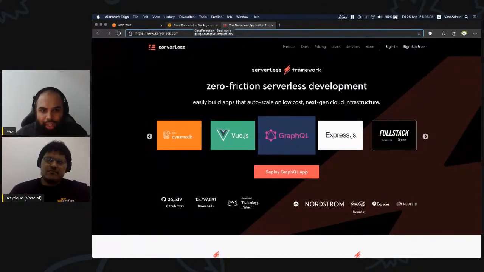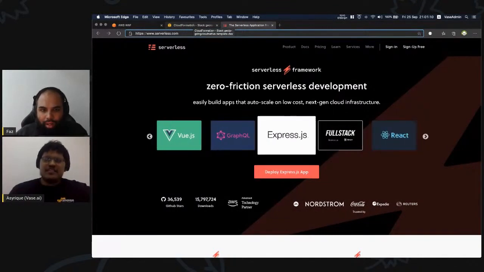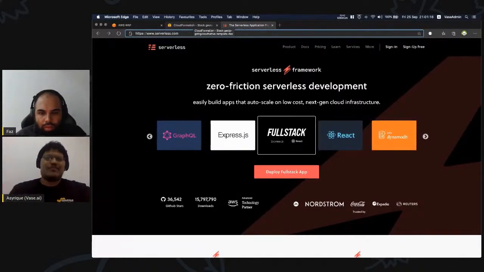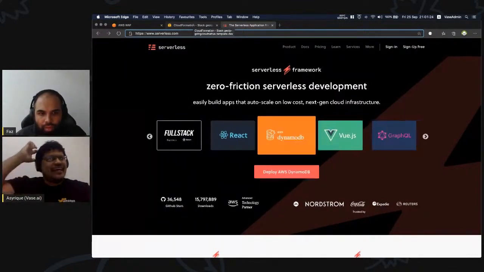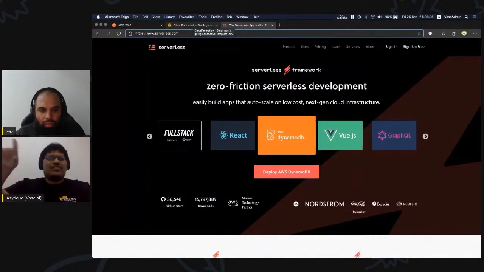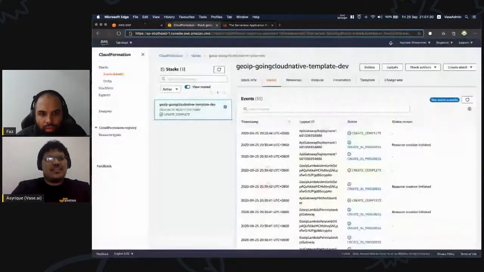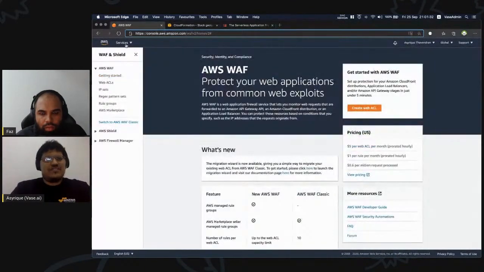Because on AWS, you have a free tier that's already available. You can just sign up with your card. 400 gigabyte-seconds will cover you for almost any personal use case that you have. You could host your website on serverless. You can also host it on S3, and then have a contact us form or something where the backend takes user input, serverless, right?